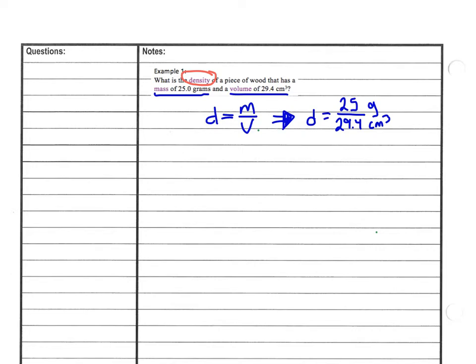When you have a fraction like that, you're going to be dividing. So I'm going to take the numbers only, just the numbers. I'm going to section these off here; they will be used later. Don't be tempted to use that 3. So when I plug this into my calculator, 25 divided by 29.4, I get